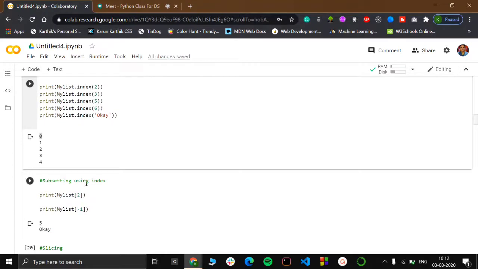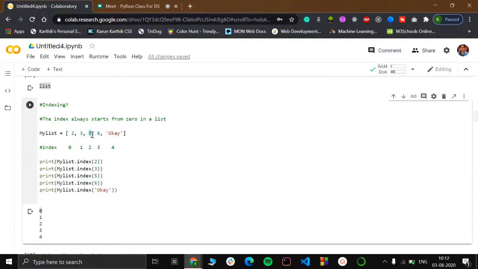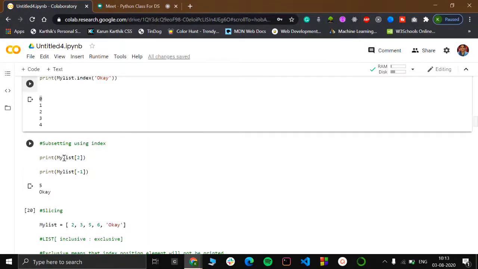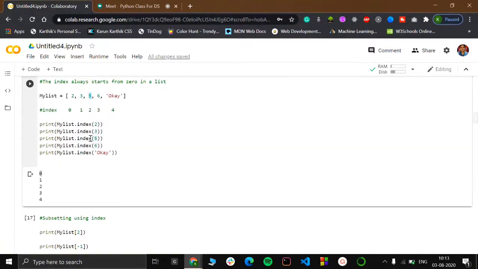And subsetting using the indices. Let's say I want to print my list of 2, that's 5. Corresponding to that element, we have the index position as 2. So if I want to access that 5, I would be writing print my list of 2, and that would result in the element present at that index position, which is 5.